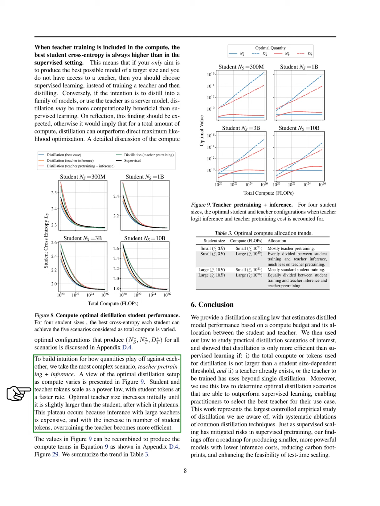We also explore the most complex scenario of teacher pre-training and inference. Our findings indicate that both student and teacher tokens scale in a power law, with student tokens increasing at a faster rate. Initially, the optimal teacher size grows until it slightly exceeds the student size, after which it levels off due to the high cost of inference with large teachers. This leveling off occurs because, as the number of student tokens increases, it becomes more efficient to overtrain the teacher. We summarize these trends and configurations in our detailed discussion, providing insights into how different quantities interact within the compute framework.